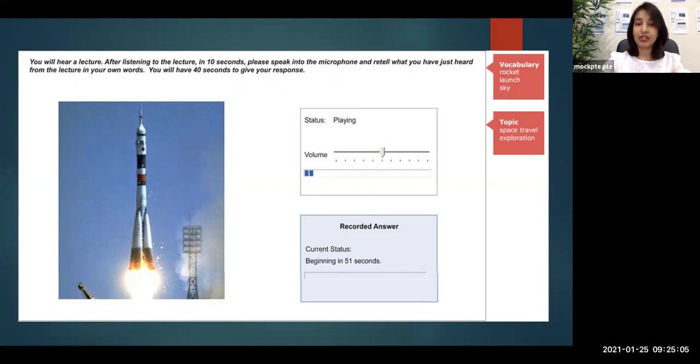It will be just the audio clips. You have to listen to it, take down notes, and then you have to speak about it. So my suggestion would be, do not rely on the image, because sometimes even after the audio, they might remove the image. They might play a video on the screen, but after the audio is over, you won't be able to see the picture, you won't be able to see the video.